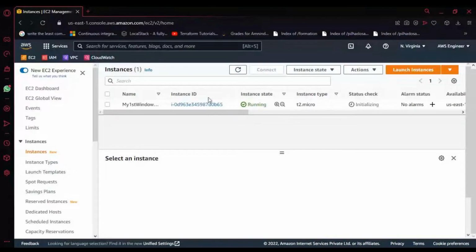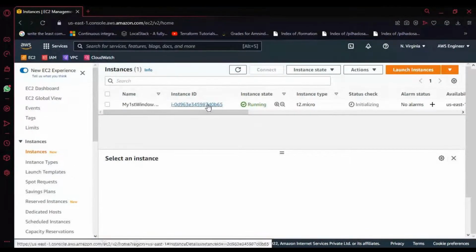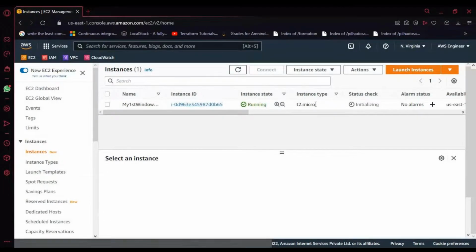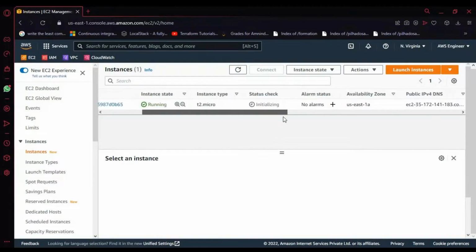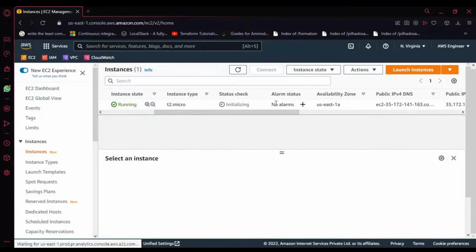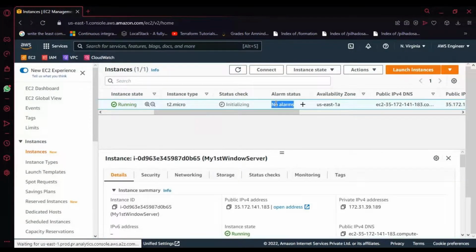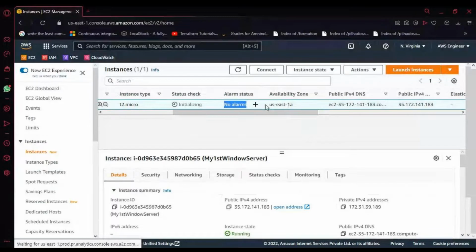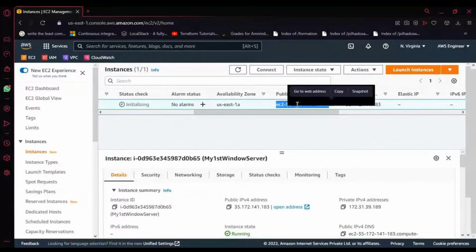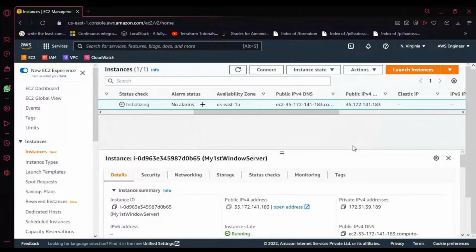In this window, there is the name and my instance ID. That is a unique ID that refers to that instance. My instance state right now is the running state. Then the type of instance, status initializing, and the alarm status: if any problem is found with my instance, it will show it here. Then availability zone: it shows that you have launched your instance in US East 1A. Then public DNS: automatically it will create one DNS name for this machine. And then this is a public IP, it has